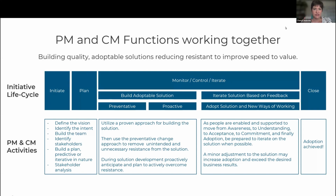If the change manager's not involved or that PM's not continuing it through adoption, that valuable information is lost or has to get double dipped when we have to circle back. And then it's like, change is always coming after me for more information. And as the change person, I take that very personally. I'm like, it didn't have to be double. And so a great way to save them some time, energy, and frustration, and get in early and have that